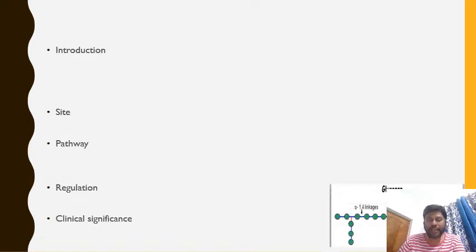Glycogen is a branched homopolysaccharide made up of glucose residues which are connected by alpha 1,4 linkage, except at the branch point where it is alpha 1,6 linkage. This is the structure of glycogen. The main function of glycogen is that it acts as a storage form of glucose and it is stored mainly